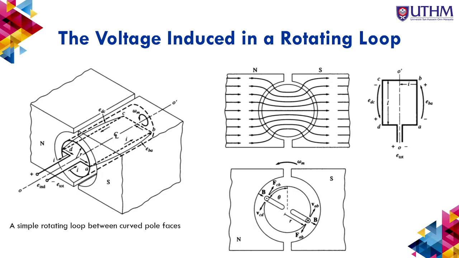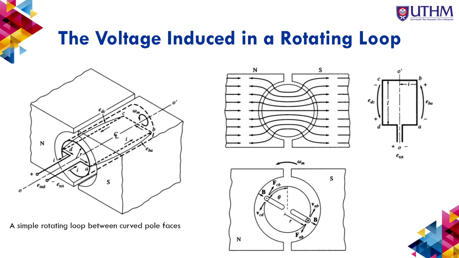So in this video, I'm going to explain about the voltage induced in a rotating loop. When we talk about the voltage induced, it can be used for the generator and also for the DC motor. As we know, the voltage is induced in a generator when we rotate the coil, the rotor,